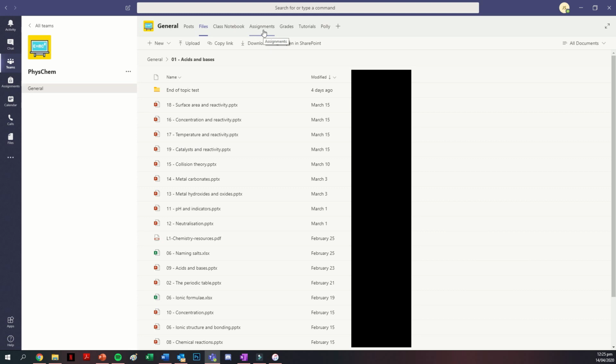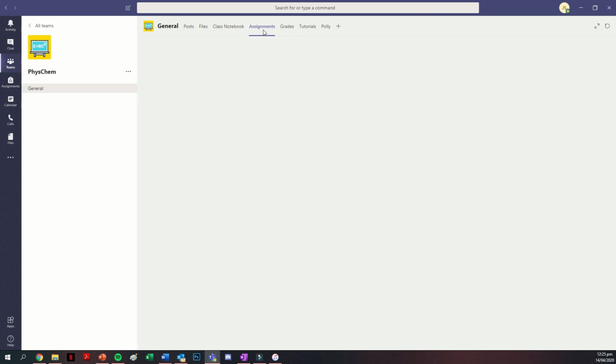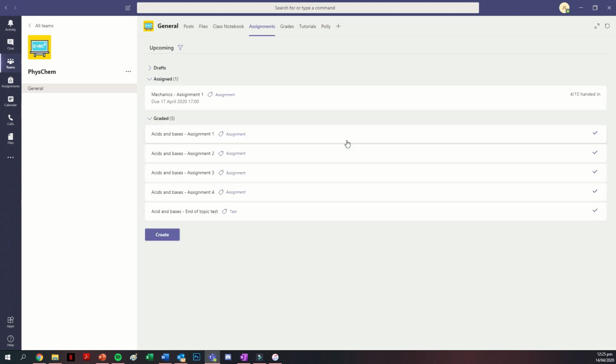And we have the assignments tab. So the assignments tab is essentially what it sounds like. It's a place where I can administer assignments to my students. And I can upload documents to these so each student gets their own copy for them to work on, and then they can also submit this through Teams as well. So for instance, I have some of our weekly assignments here for acids and bases,